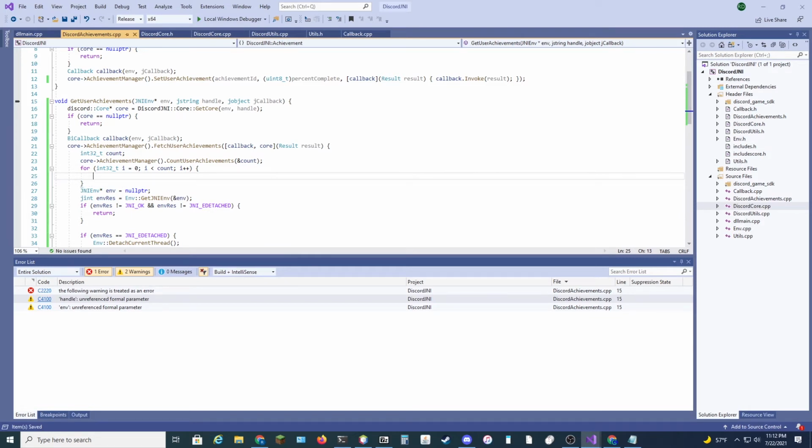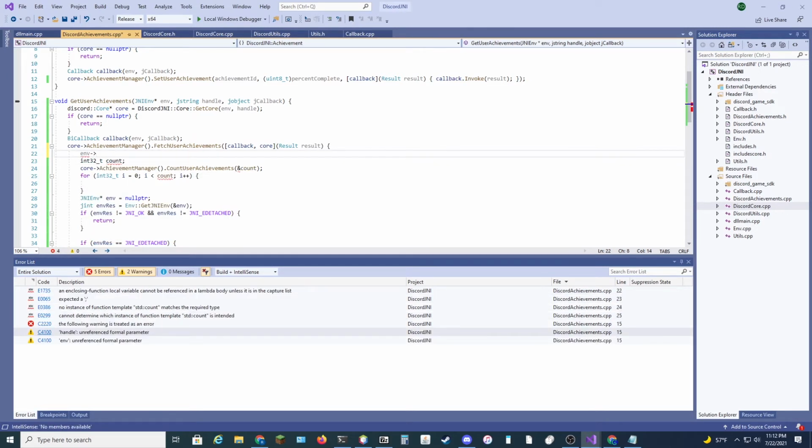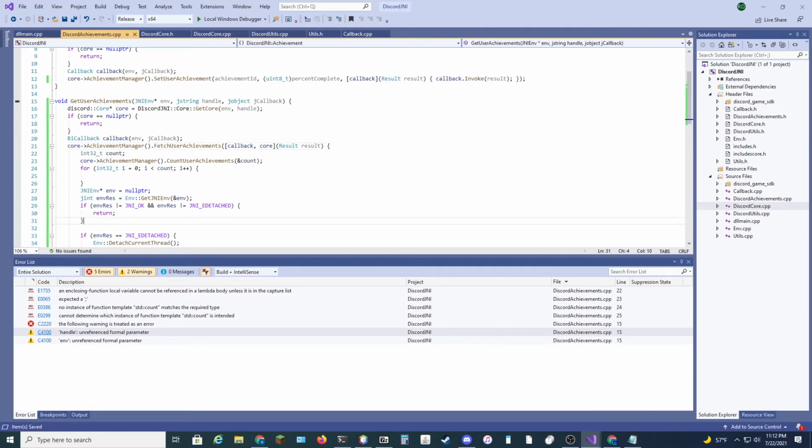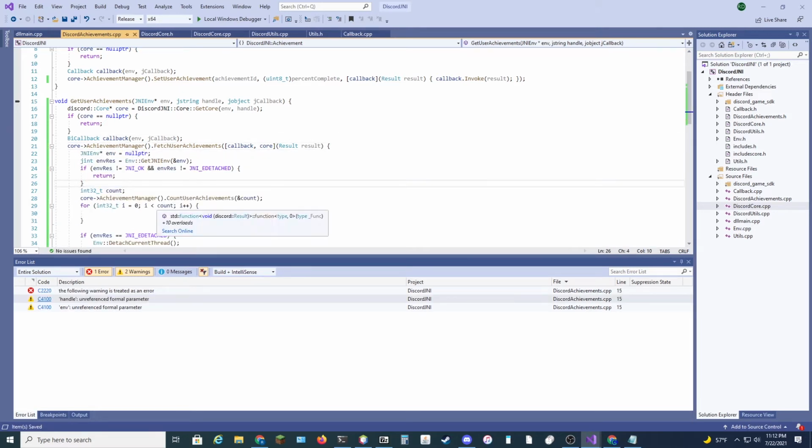I less than count, I plus plus. And now we get to the difficult part of how do we want to actually return this to the code. We could do a bunch of stuff with methods and allocating an object, but I think arrays are going to be better for this because they're more low level and they should have more environment functions to directly deal with them and not have to deal with like getting a million different pointers and such to different objects. So if we actually just initialize the environment right at the beginning, then